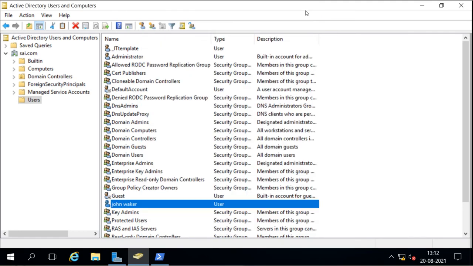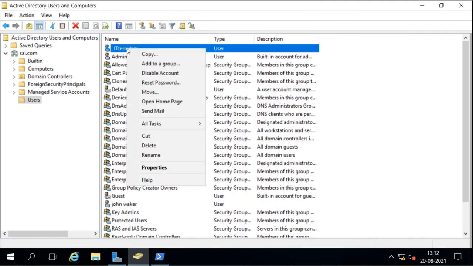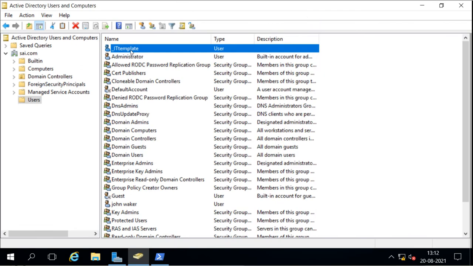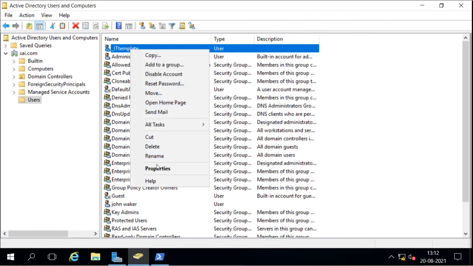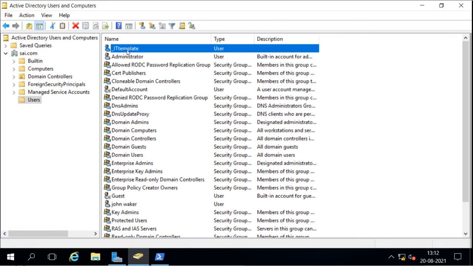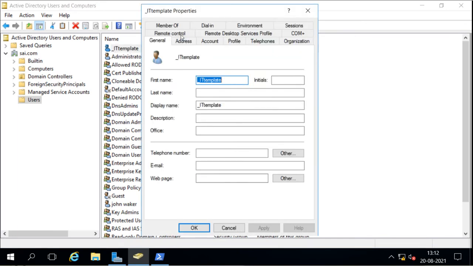But when you open the template's property, you will see this, okay, it is now created, so it is now showing all the properties. Otherwise, the first time when you open this, it shows only the related properties which we can change.